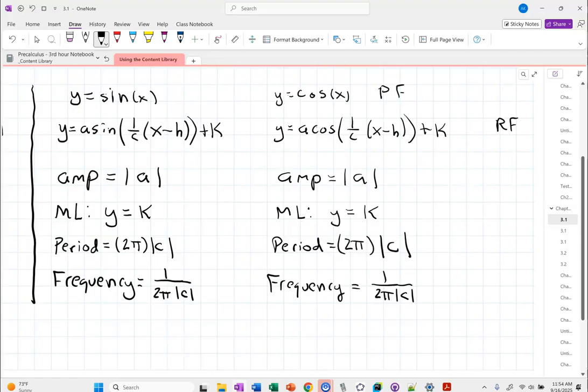Again, the frequency and the period are related in that they are reciprocals of one another. Typically, it's going to be hard to look at a graph and pull the frequency from the picture. That's usually not very easy to do. But if I have the period, that's relatively easy to see in the picture. The frequency is just the reciprocal of it. If I have one, I can get the other pretty easily. The period's typically much easier to come up with visually than the frequency is. So frequency, not that terribly useful to us, but